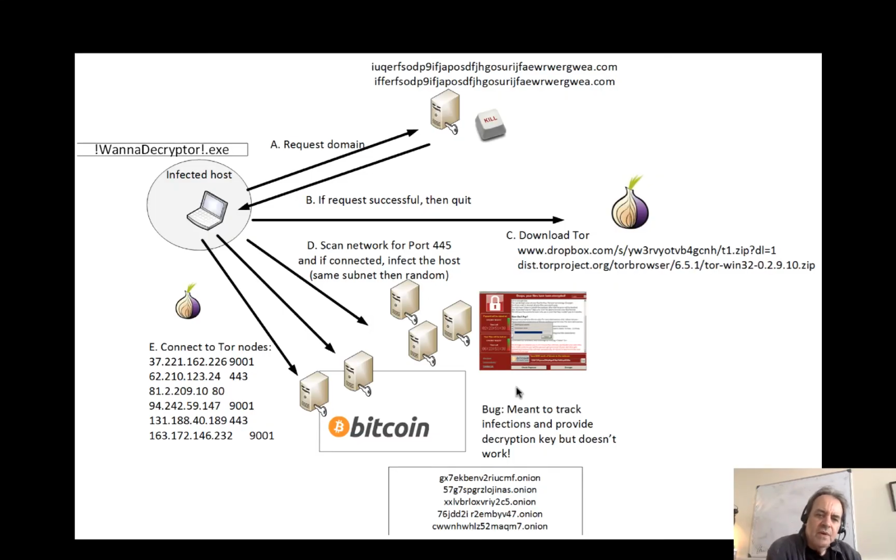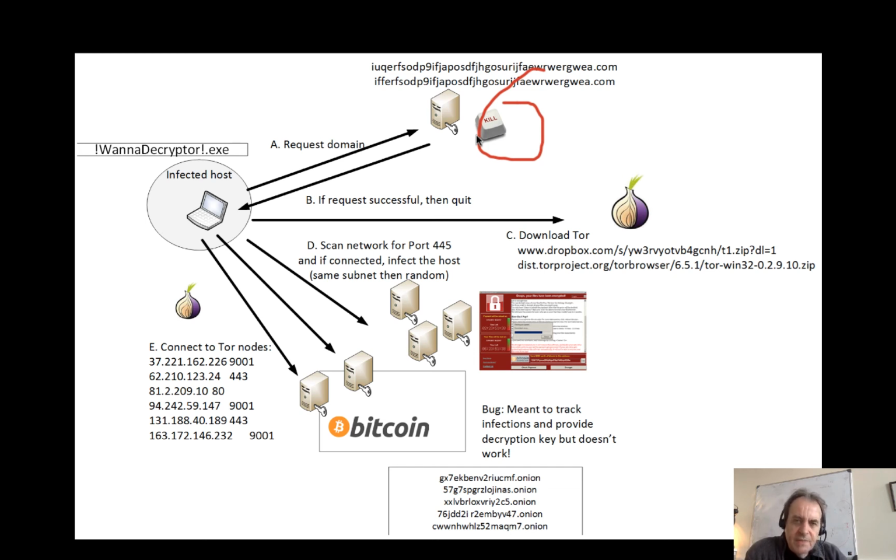So the operation of WannaCry is this. Initially, it makes a DNS request for these 2 domains that we see up the top. If it finds them, then it kills itself and stops working, which was quite useful because a researcher found out these domains and went ahead and registered them, which meant that the malware stopped working. So it would have been much worse if it hadn't been for this kill operation.